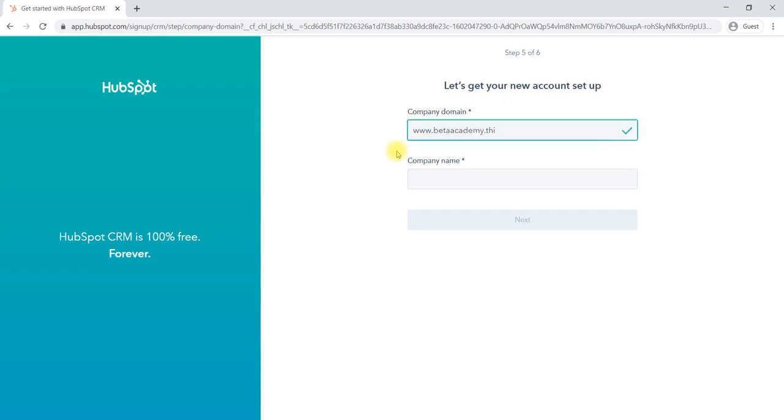Or we can use the domain hints here itself. We can create a domain with whichever domain you would like, and the name of the company. This domain is for your HubSpot account.